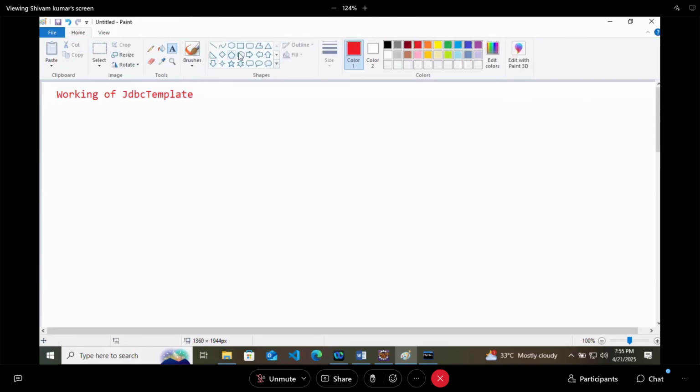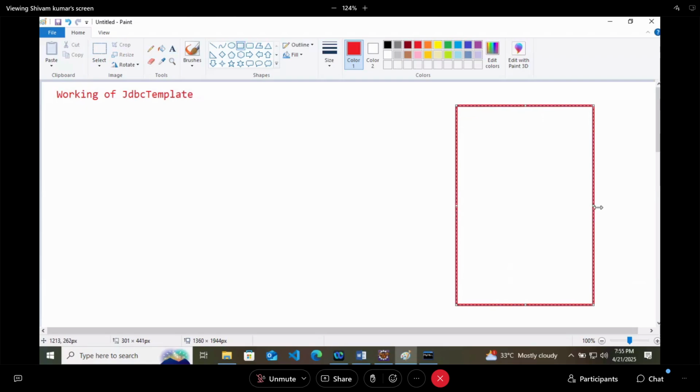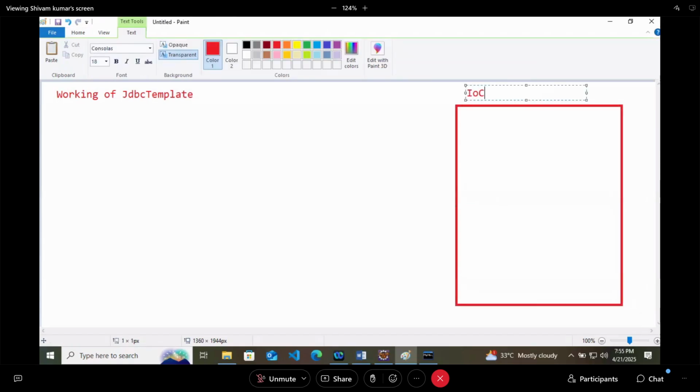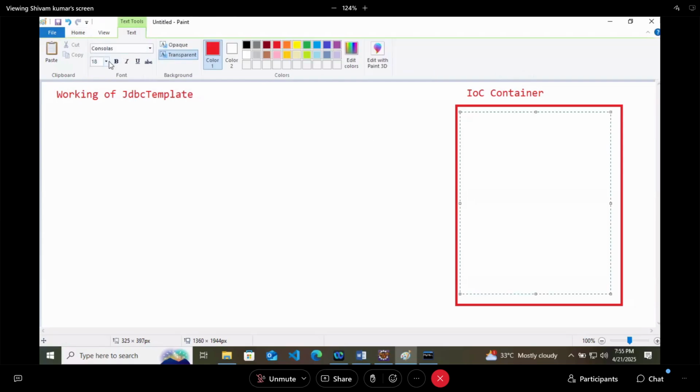So in this project, we are having one Spring application context, the IOC container. And within the container, we have created the object of the driver manager data source.